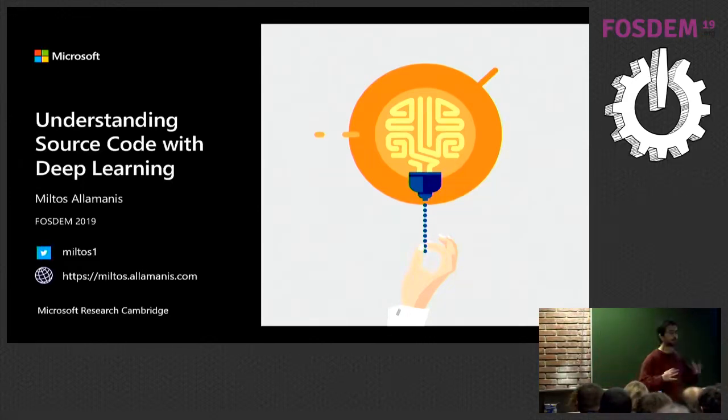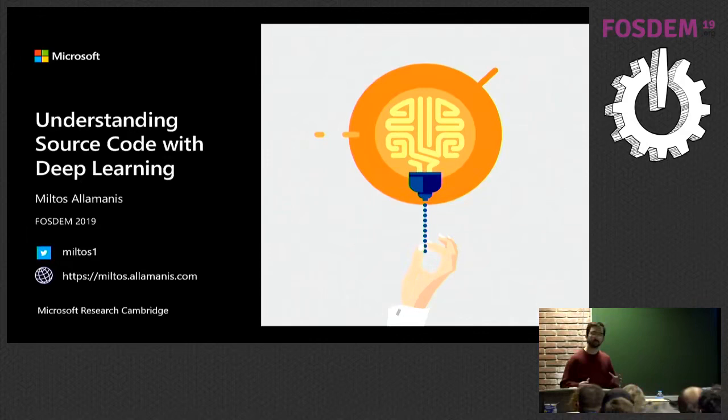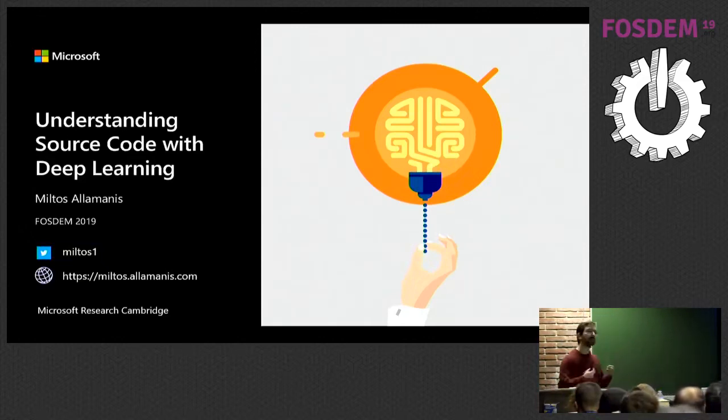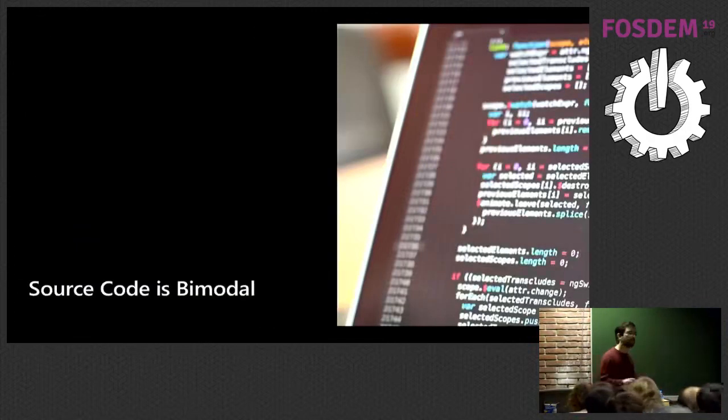So what I wanted to discuss today is to give you a brief overview of some of the research things that are coming up. They're not necessarily things that you will go home and use right away. But I think it gives us an overview of where we see things going. And now, of course, the first question that comes to mind is why can we even use machine learning for source code? What is the thing that allows us to use machine learning to get aspects of source code? And the answer here is that we have this property that some of us in the research community call bimodality.